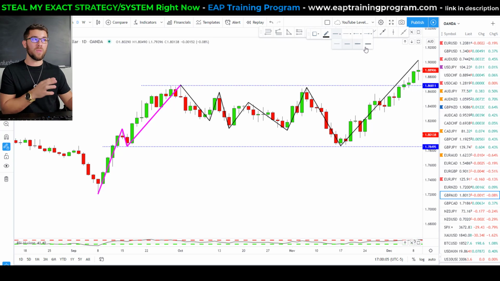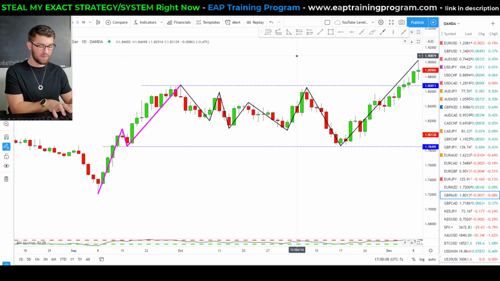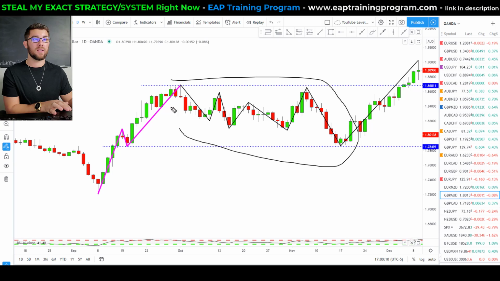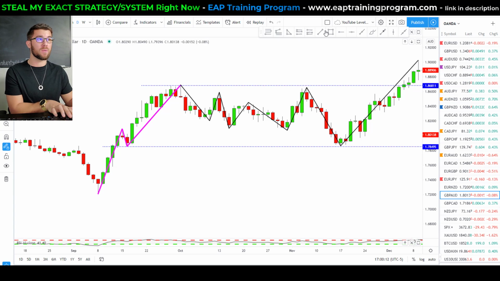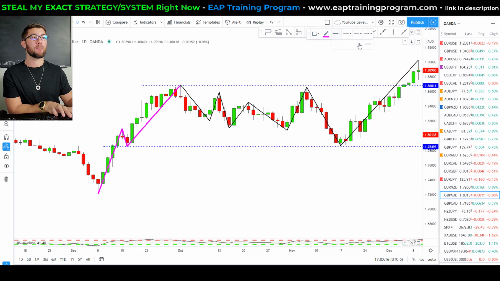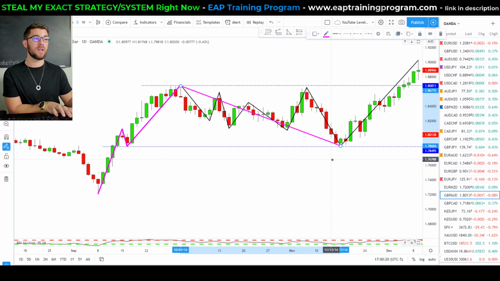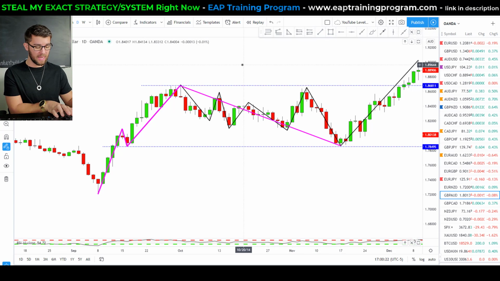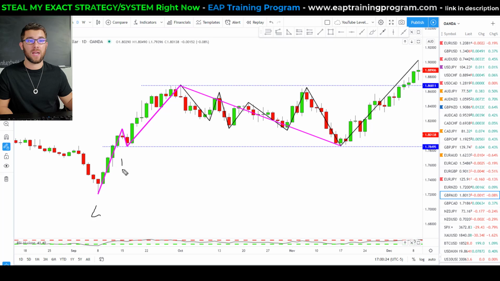So all this entire area is part of the retracement from our previous higher high to our new higher low. So if we're drawing this in, now we have low, higher low, higher high,